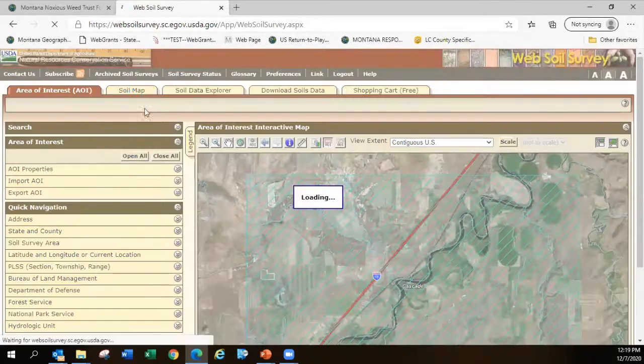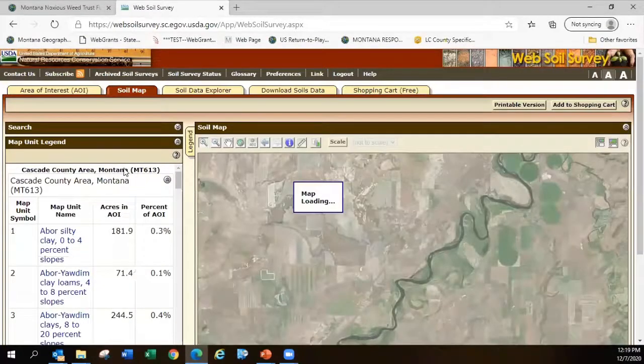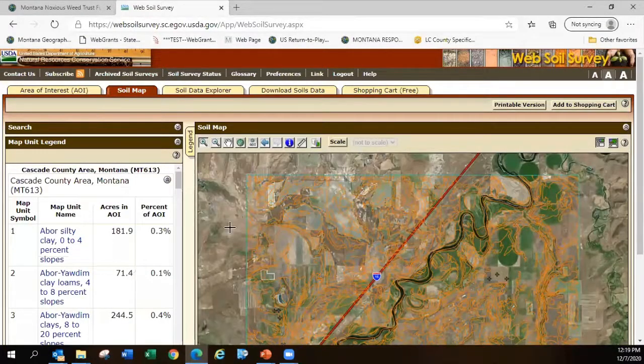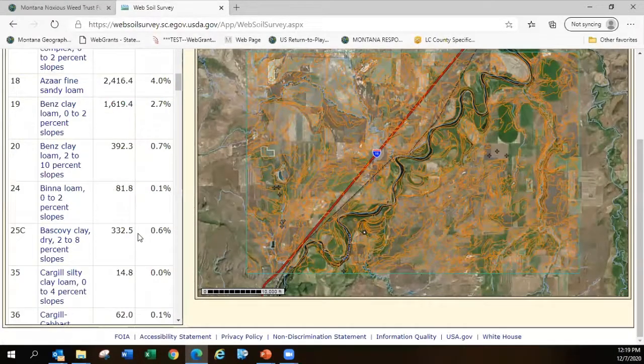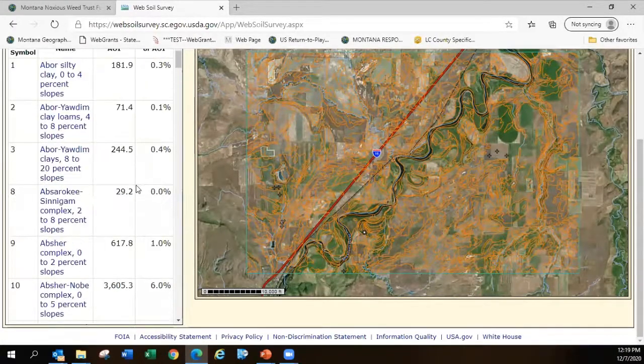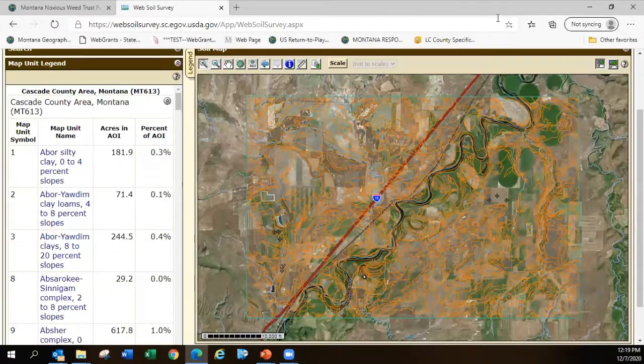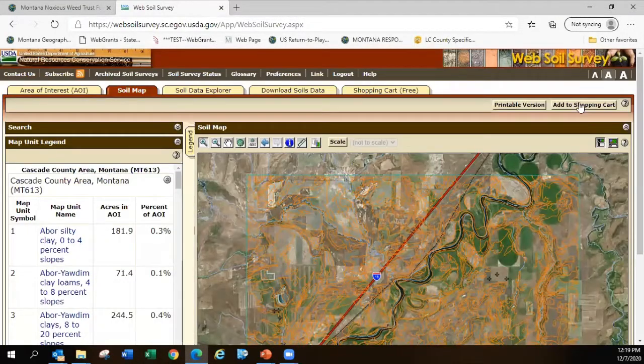And we're going to go to soils map. Okay, so we have our soils map here. We have a whole bunch of items. Now, once that's been created, we're going to go up and click to add to